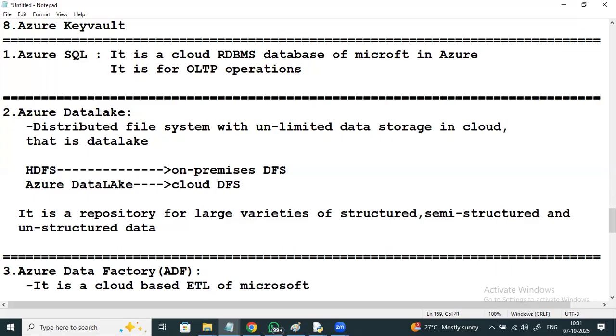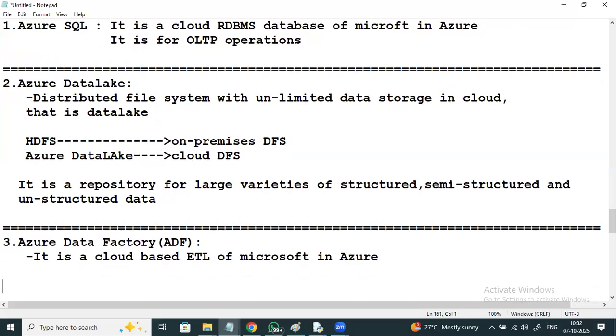We have Informatica on-premises, and ETL tools like Informatica, Talend, DataStage. In the same manner, we have an ETL on cloud, that is Azure Data Factory, a cloud-based ETL of Microsoft in Azure. Later I will discuss it briefly, but it is just an ETL tool.